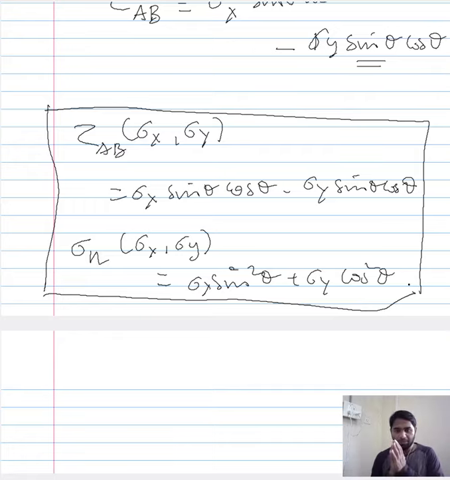So you have a plane of interest within a plate, a three-dimensional plate of unit thickness, and this plate is experiencing a biaxial loading. And when you have a biaxial loading, this region of interest within the plate experiences a normal stress that is acting perpendicular to the region of interest, and the shear stress that is acting along the region of interest. Under the biaxial condition, this is how you would express or quantify the normal stress and the shear stress that is acting on the region of your interest.